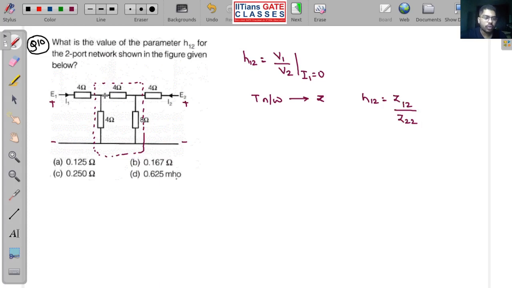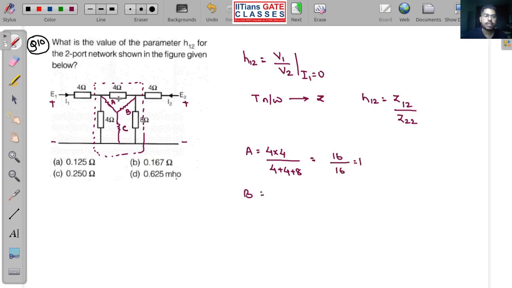So what I am going to do in a very fast manner is calculate the T network for this. It will be something like this, and let me mark this as A, this as B, and this as C. So what is A? A is enclosed between 4 and 4. So 4 into 4 divided by the sum of the resistances of all the delta branches, so that will be 4 plus 4 plus 8. That will be 16 divided by 16, so 1. So A is your 1.